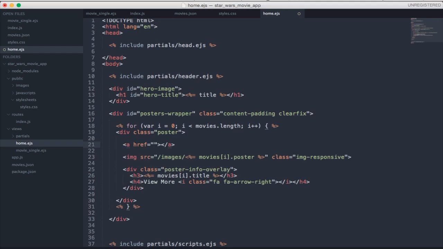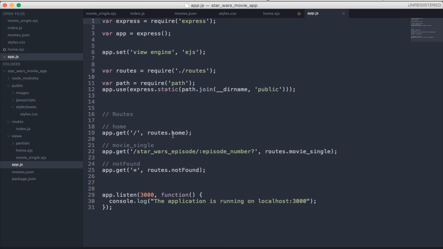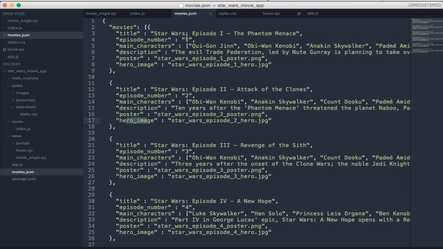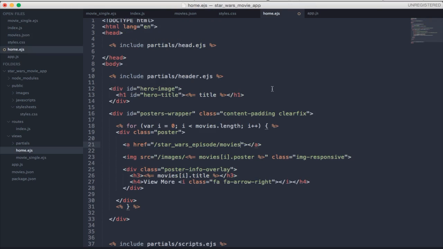Now the href, this is where the magic happens. We're going to do Star Wars episode because that's common for each of them. If we look at the app.js, it's Star Wars episode, then it's the episode number. And remember, we have movies accessible here. So Star Wars episode / movies. And on the movies object, we have episode number 1, 2, and it corresponds going all the way down. So we're just going to do dot,